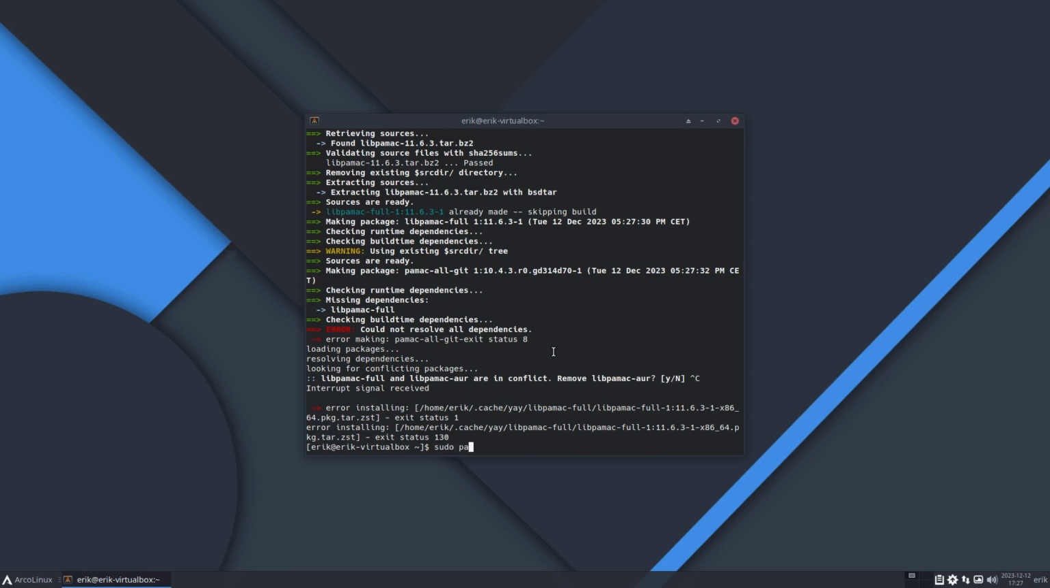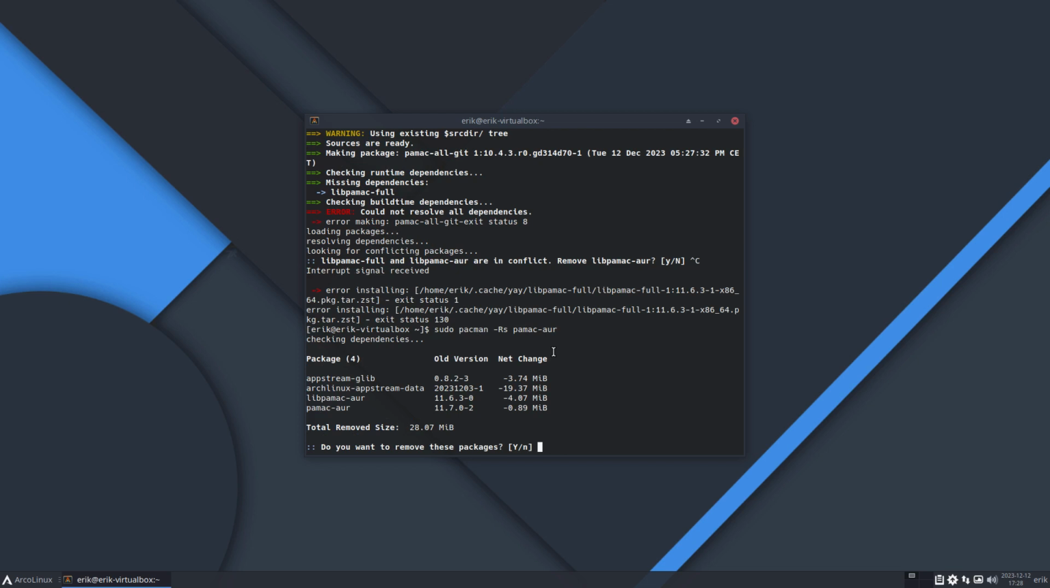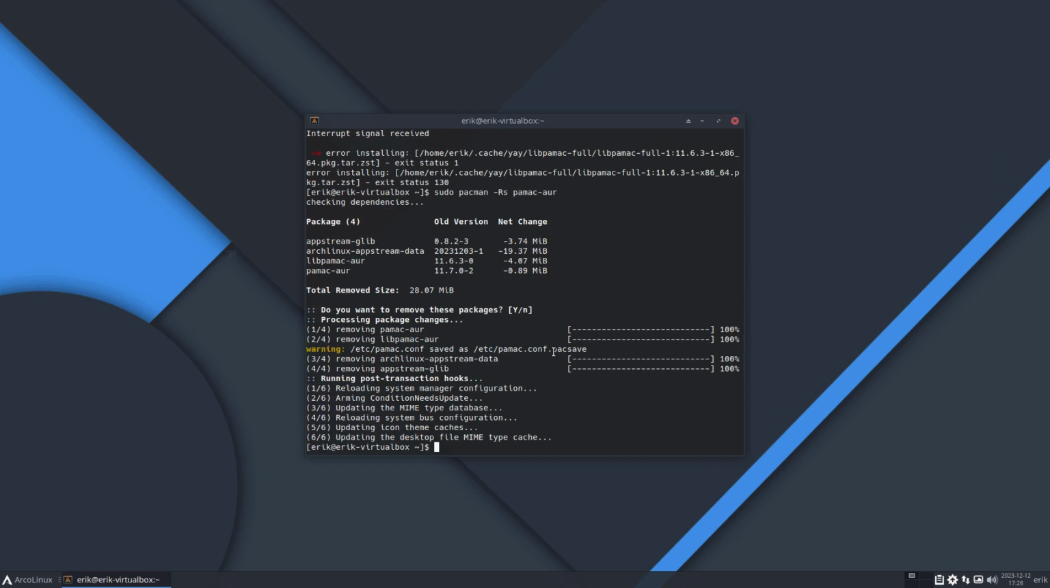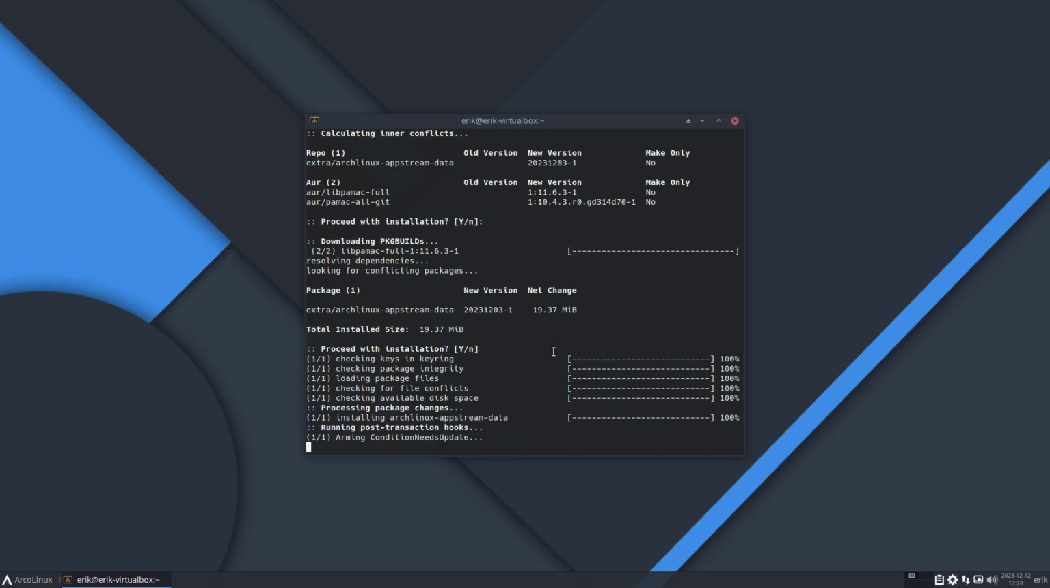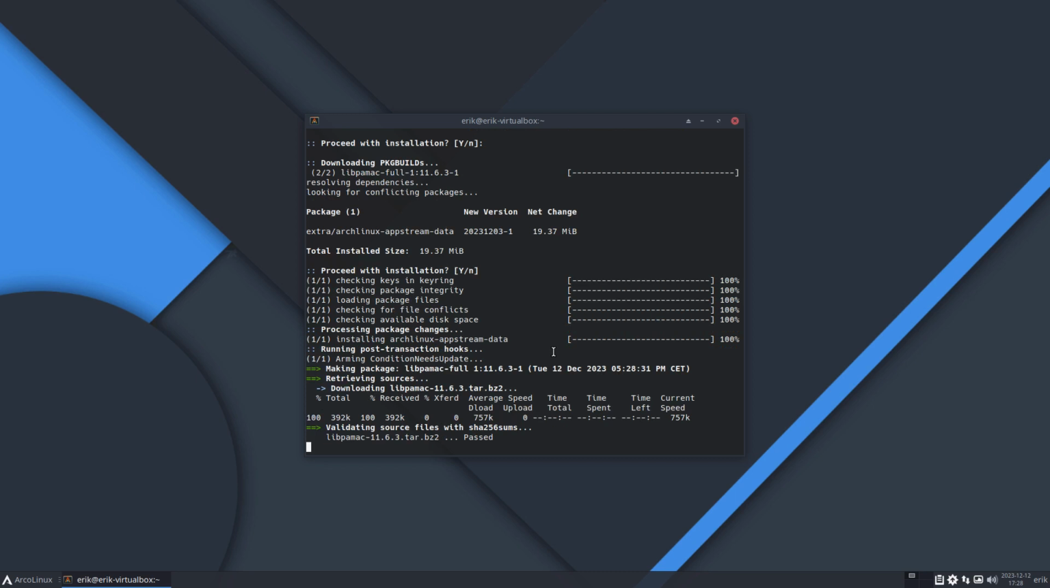Sudo pacman -Rs pamac AOR, and let's see, libpamac AOR is gone as well, so that's what I wanted to know. Otherwise I'll do sudo pacman -R libpamac AOR as well. Let's do paru, it doesn't really matter. Paru -S pamac-all-git. So now it knows exactly what package I want, and it's gonna try and then get everything in and